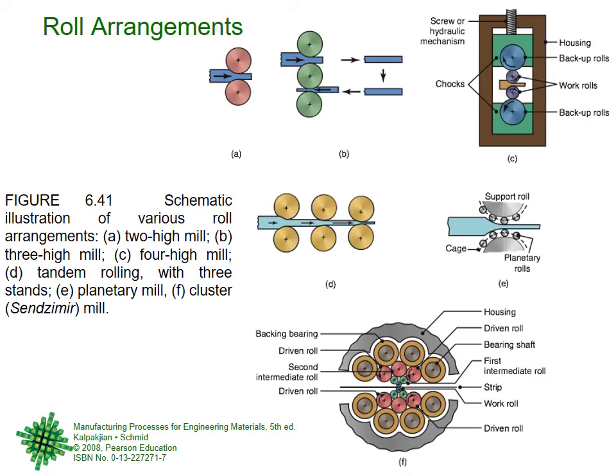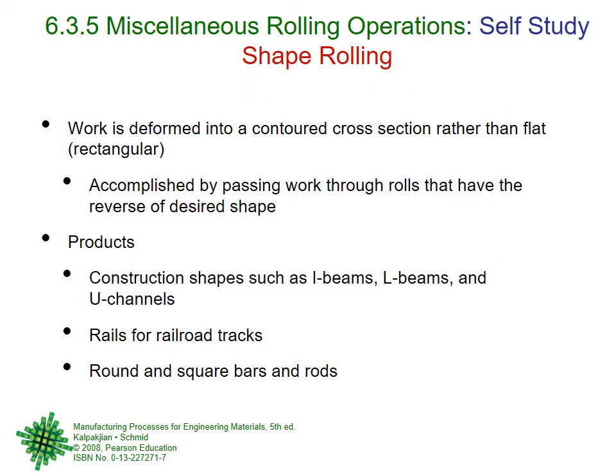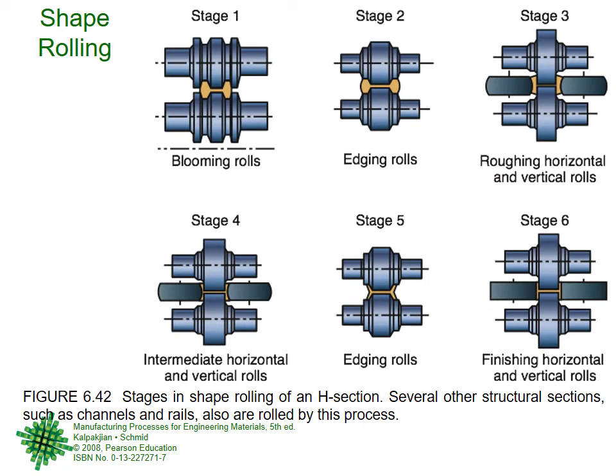And at the bottom, a planetary system, sun and planet type of rolling system. Miscellaneous rolling operations, different types of rolling operations. One is shape rolling, where we don't just reduce the thickness, we also give it a shape. So here in shape rolling, blooming rolls and edging rolls and different types of things. And you can see in the last diagram, stage 6, there is an H-beam or an I-beam, which is